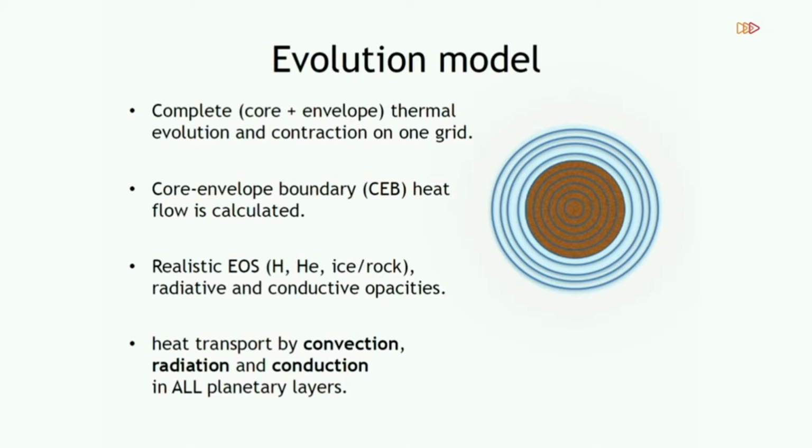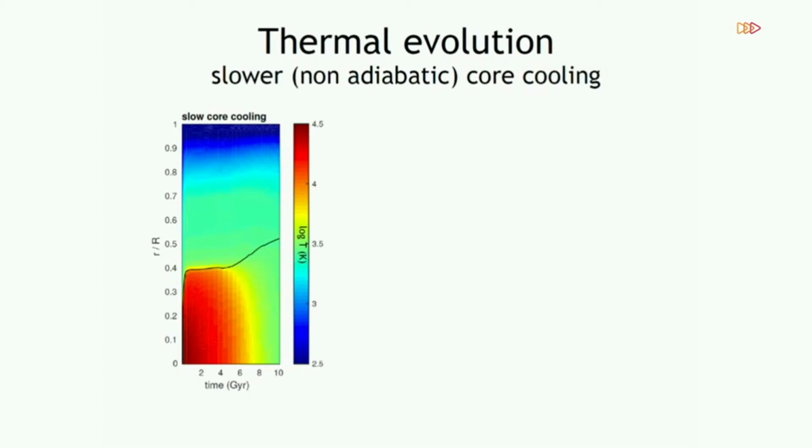We have a realistic equation of state, and we allow for transport of the heat by convection, radiation, and conduction in all the layers during the evolution, depending on the local properties. So what we find, this is one example of a non-adiabatic core cooling,